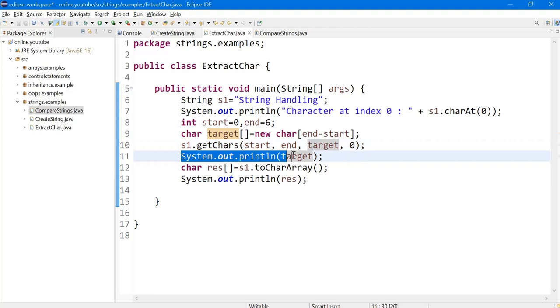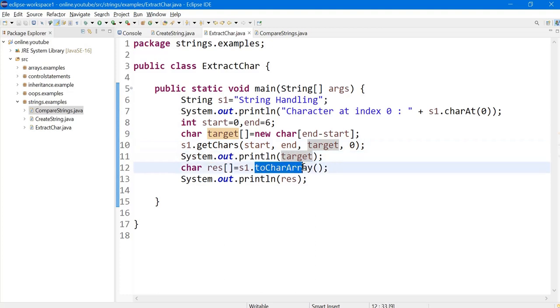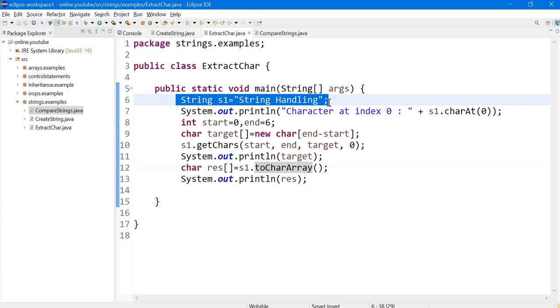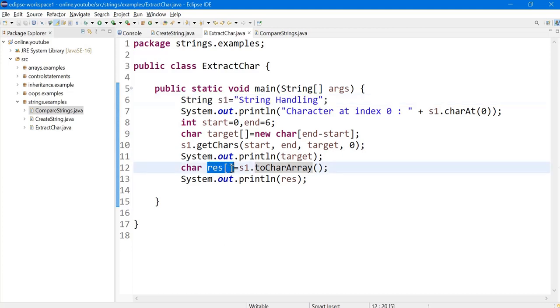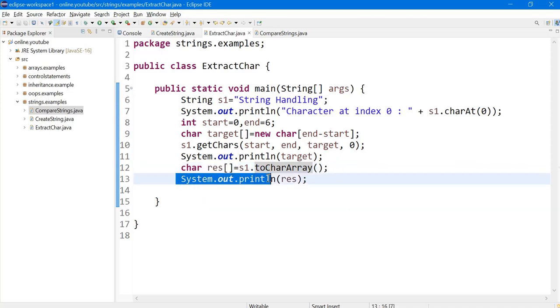I am printing the target array, and I am using the toCharArray method to convert this string into a character array. So the result is a character array here, and now my string has been converted into a character array, and I am printing this result to the console.